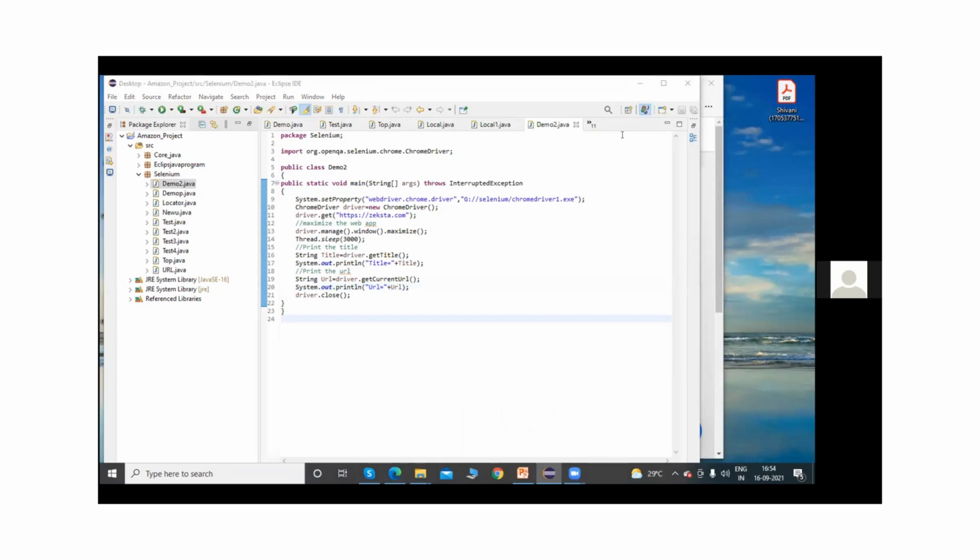This is the demo. Next, I will explain how Selenium WebDriver works and how to run test cases in different ways.